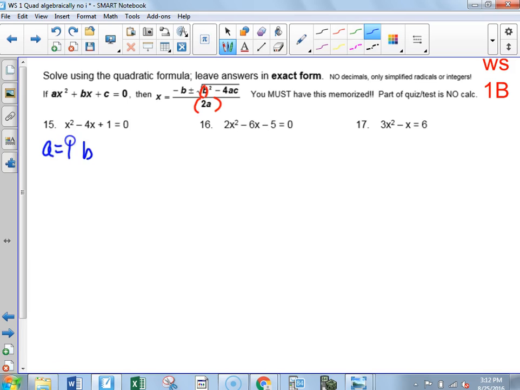1, -4, and 1. You don't have to write that down. I know you know how to do that part, right? So now we have to plug all of it in here. The opposite of b is positive 4. Oh, we should write x equals, but I never remember to do that. Positive 4, plus or minus the square root of b squared, and I always just write down 16